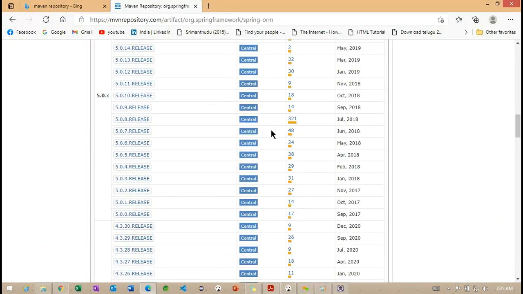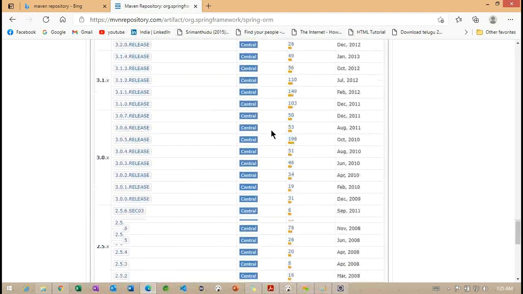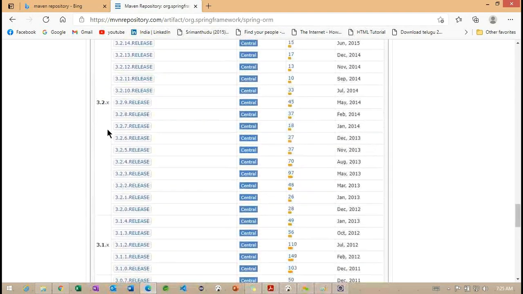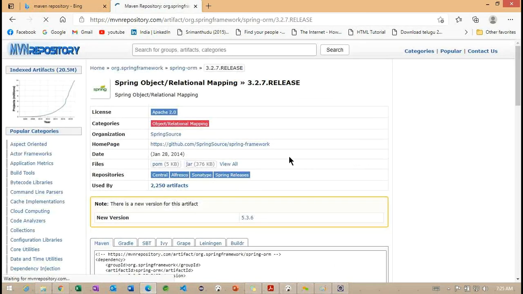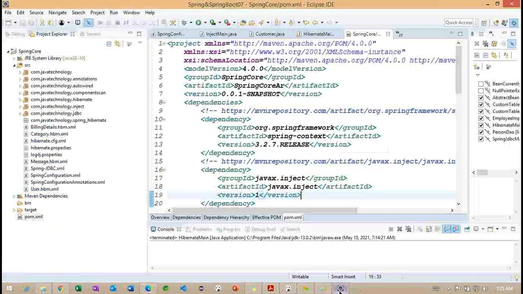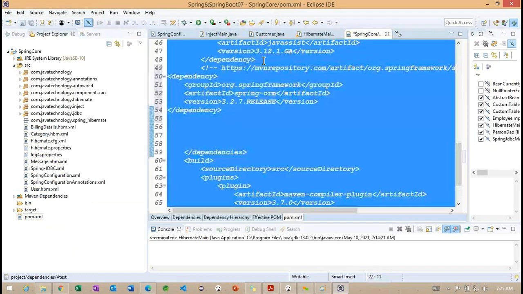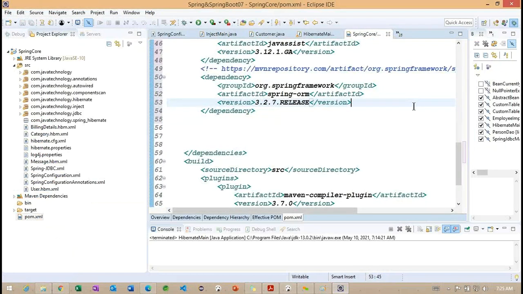Let me add this particular 3.2.7 jar. I want to download this ORM jar and add this particular Spring ORM jar.